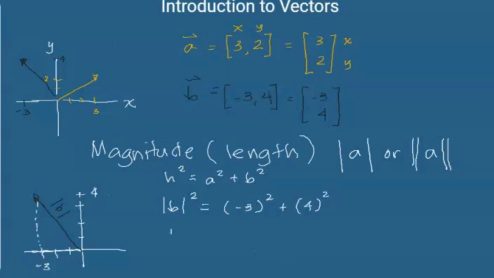So the length of B is equal to the square root of 9 plus 16. So the length of our vector B is equal to the square root of 25, or that is equal to